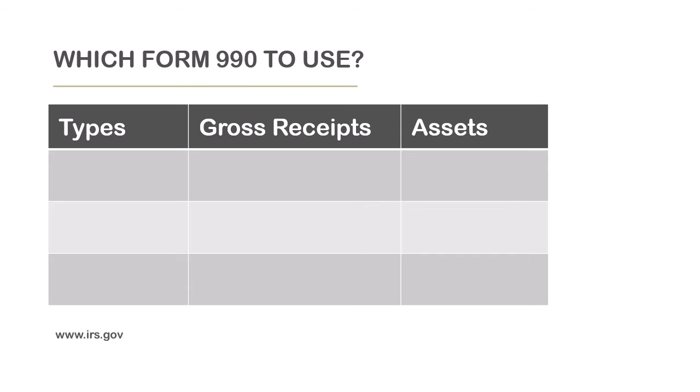And these variables are what allow you to determine which type of Form 990 you should use for your nonprofit organization. The first type is the Form 990. The Form 990 is used when you have gross receipts of $200,000 or more and when your assets are $500,000